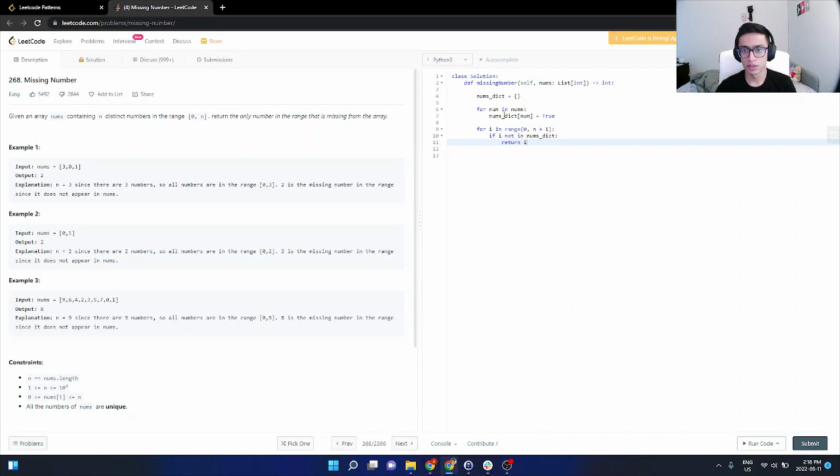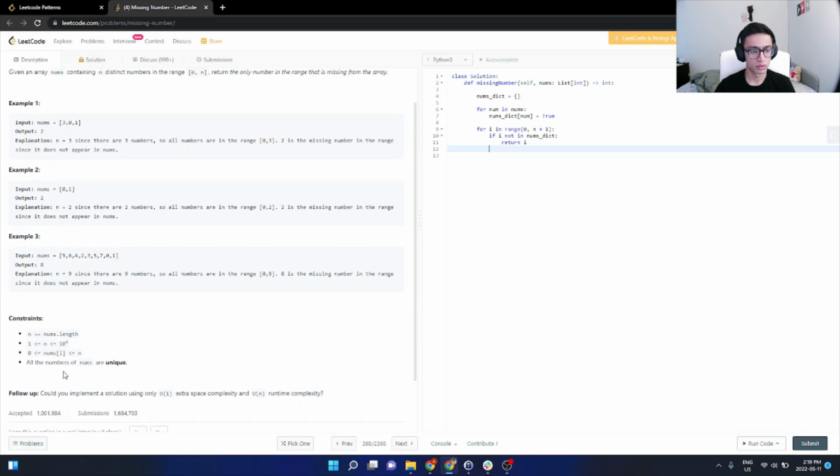So essentially what I'm just trying to do here is parse through the entire list, put it into this dictionary, and then parse through all the numbers from 0 to n, inclusive of n, which is why I think I might need +1. I might need to change that if that's not how the range works. Essentially, if this number isn't in the dictionary, and I think dictionary lookup is O of 1 time, then we can just return that value because it wasn't in the initial list that was given to us. This should take n time, and then this takes another n time, worst case. And so this should just be O of n,